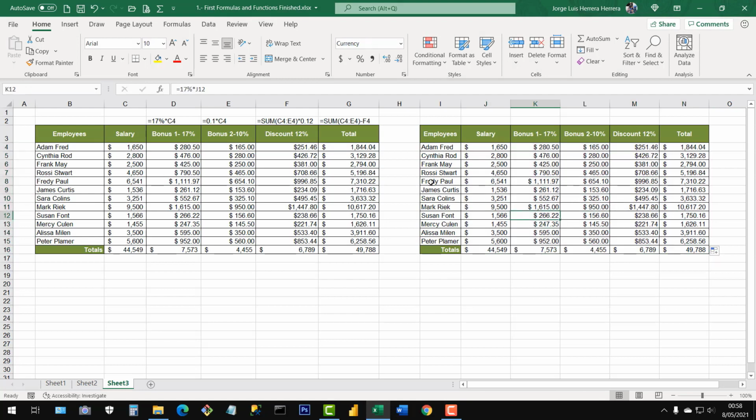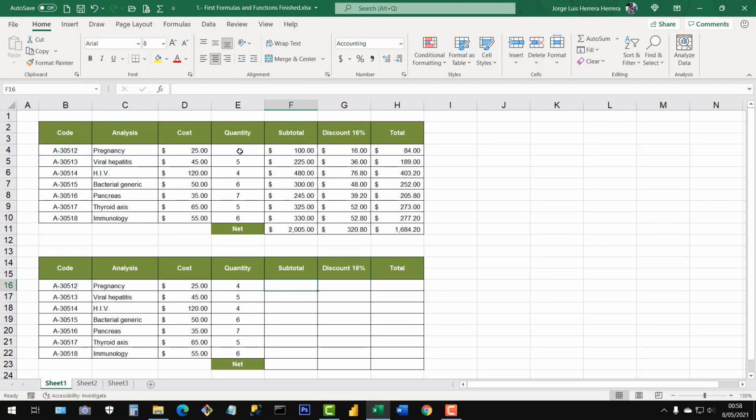So how did I do this without opening the whole document? Using the formula text. So here you have 2 ways how you can practice with each of the exercises we are going to